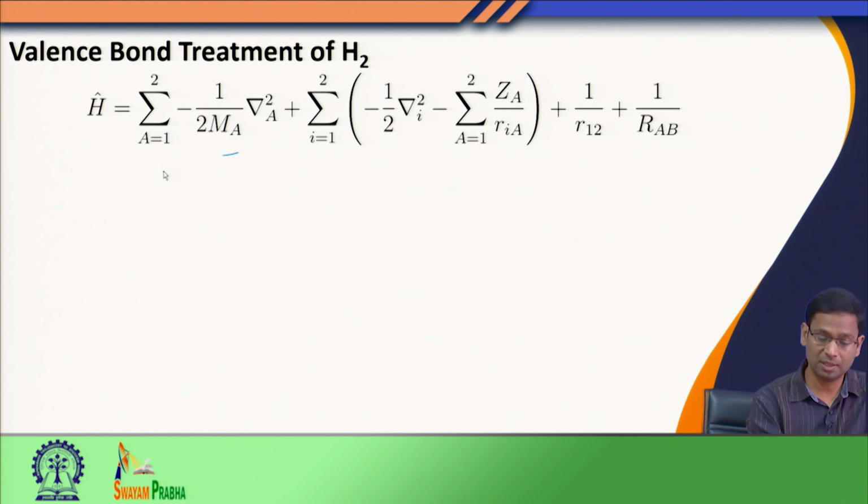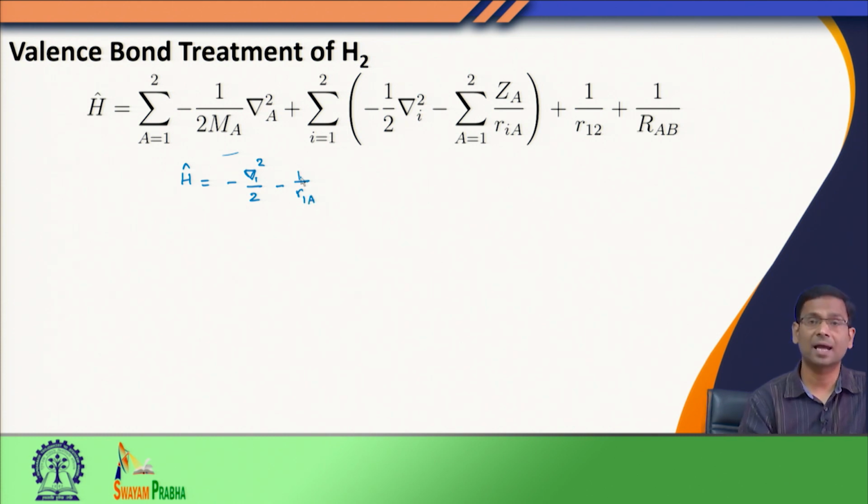So, let us write down only the electronic part of the Hamiltonian. The Laplacian corresponding to electron 1 is given by nabla 1 squared, so this is the kinetic energy corresponding to electron 1. This is the potential energy between electron 1 and nucleus A. This is the kinetic energy corresponding to electron 2, and this term is the potential energy between electron 2